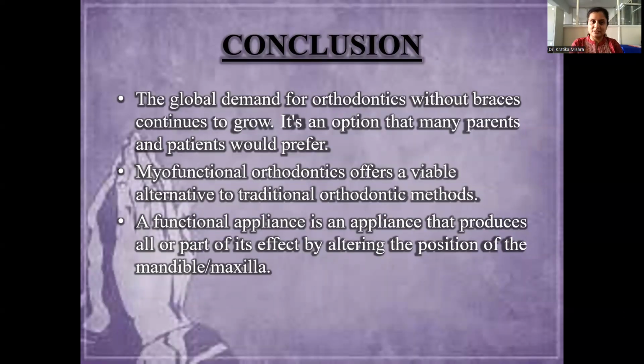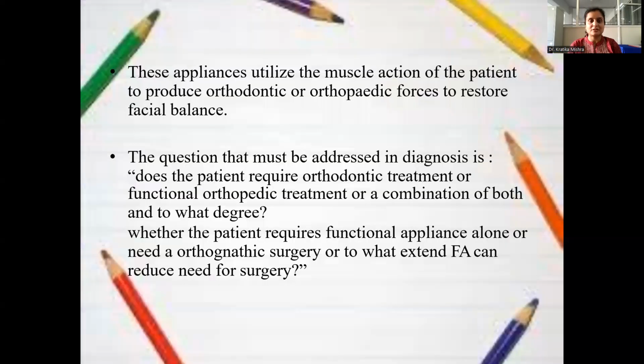So let's conclude our presentation. The global demand for orthodontics without braces continues to grow. It's an option that many parents and patients would prefer. Myofunctional orthodontics offers a viable alternative to traditional orthodontic methods. A functional appliance is an appliance that produces all or part of its effect by altering the position of the mandible and maxilla. These appliances utilize the muscle action of the patient to produce orthodontic and orthopedic forces to restore the